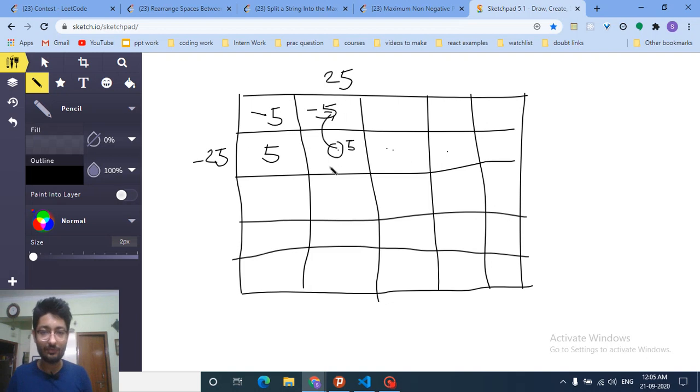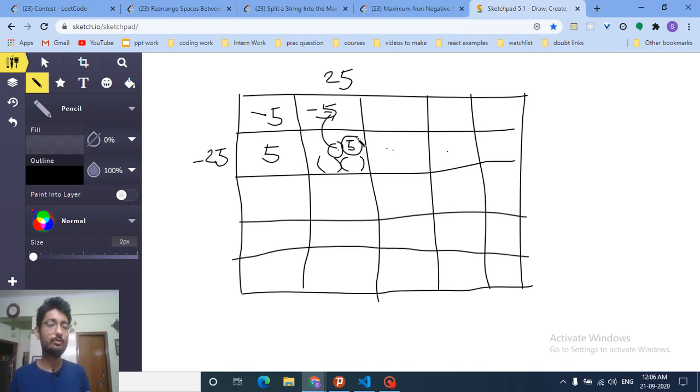For every state you have to store two values: the maximum possible product I can get at this point and the minimum possible product I can get at this point. Why? Because if the current value at this grid is negative, then I check the most negative value I can get from both the left and the top, and multiply it, because my current value is negative.